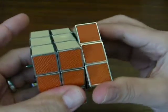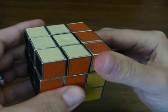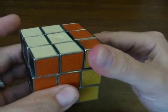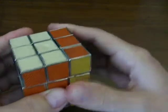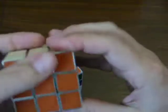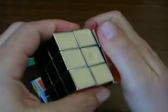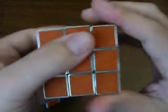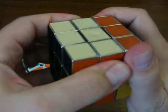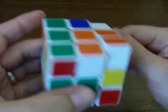But obviously, like the Zontik, its adjacent face turns, you can't really do a 2-in-1. There's no amount of force that I could apply to this face to get it to turn after I did the first one, because without all the little metal things aligning perfectly, you kind of have to take your hand here and as you're turning it, feel how it's lined up to be able to turn the next face. With the DaYan,